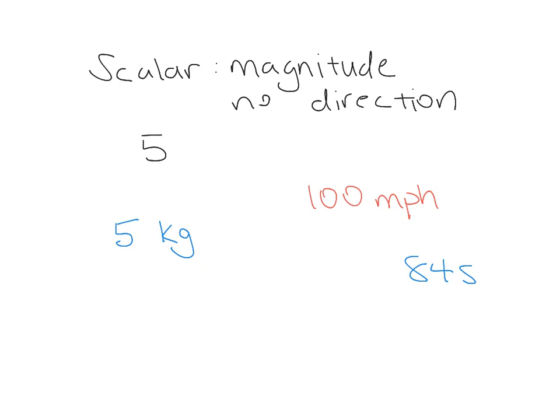The number of cats owned by somebody, even if they have no cats, the number 0 or 0 cats is a scalar. And other examples, temperature, because it doesn't have a spatial direction, that is a scalar. So -20 degrees Fahrenheit, even though there's a negative sign, it doesn't indicate a spatial direction. So that's a scalar. Vectors, on the other hand,